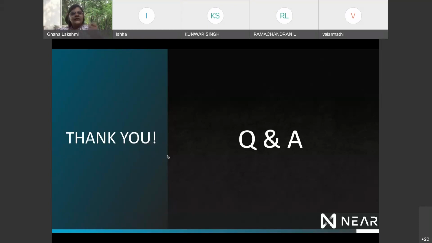Then they are embedding some kind of QR code. You scan the QR code and you are able to get the entire story of that particular product. And you can also buy that NFT digitally. You can buy a digital copy and you can redeem it for the physical copy itself. They are selling the NFTs, that is the digital copy, and some of the NFTs they make redeemable, like you can redeem it for the original Tanjore painting. Then that NFT has to be sent to the traditional artist, and then he will give the physical version.